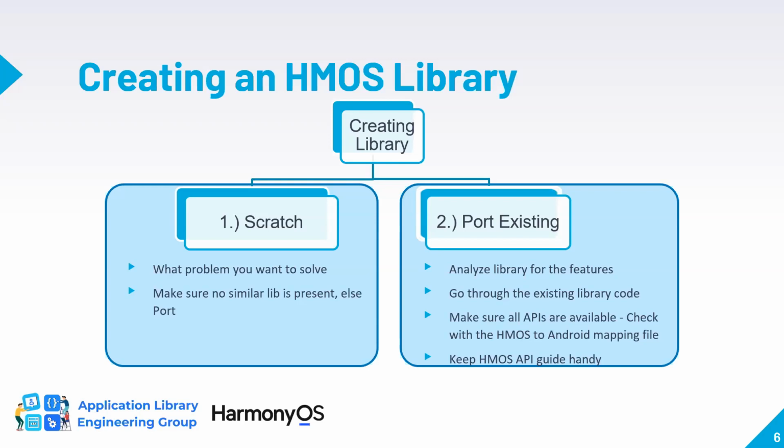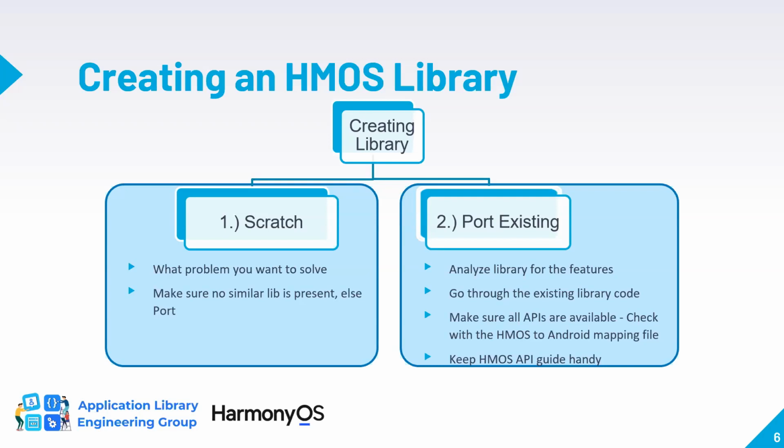And then once we are good with that, okay, I can handle this library. I know this much of Harmony, or I'm comfortable with Harmony, and I know this much of Java and all those things. Then we go through the existing library code. So how do we do that? We fork that library and then clone it to our local system, and then we compile it and run it, and go through the flow of the application itself or the library itself. So that is how we do.